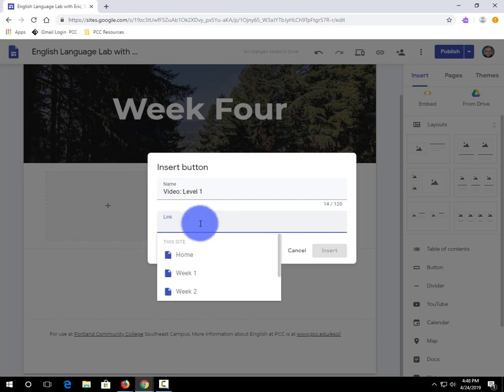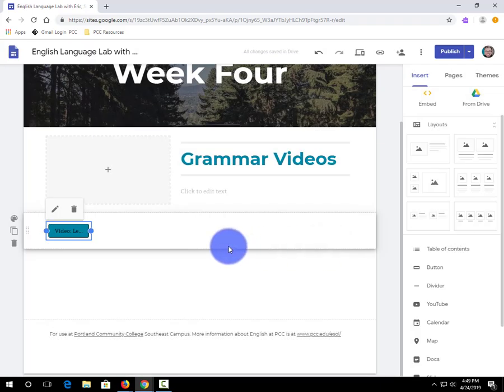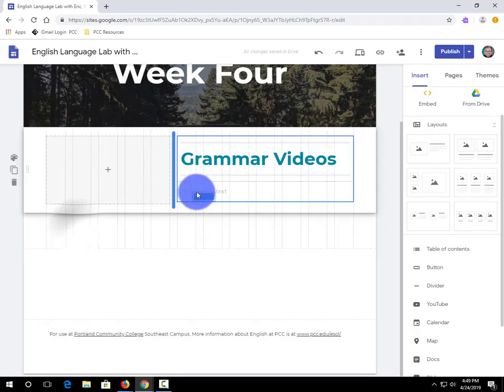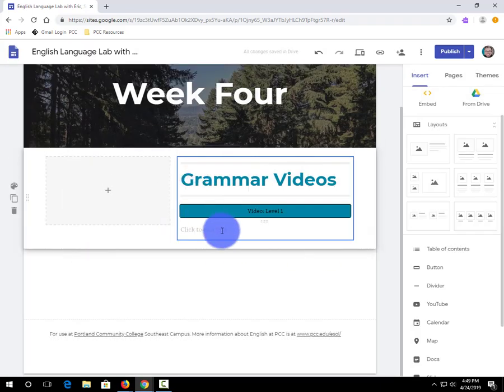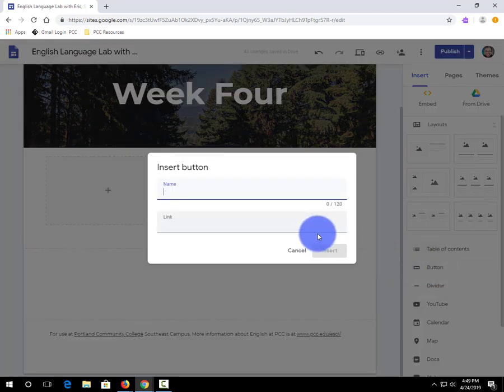I'm going to switch back to my Google site. I'm going to paste that. That looks okay. I'm going to click Insert. We're going to move that back here. That looks better. And I can repeat that. I can add more buttons for